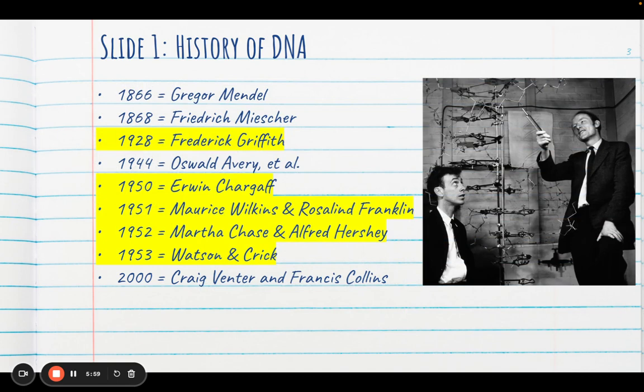Researching at the same time, and really just down the road at another university from Franklin and Wilkins, were James Watson and Francis Crick. Watson is actually still alive today. Anyways, using what looked like a kid's playset, Watson and Crick built the first accurate model of DNA, essentially discovering the structure of DNA. Their discovery was based on the findings of Erwin Chargaff and also the contributions of Maurice Wilkins and Rosalind Franklin. Although there's a lot of controversy surrounding how Watson and Crick obtained the missing piece of their research from Rosalind Franklin.